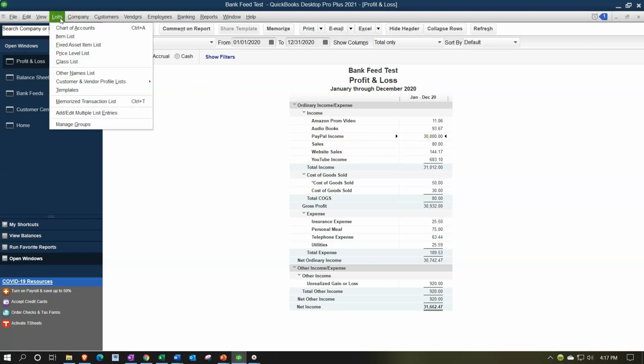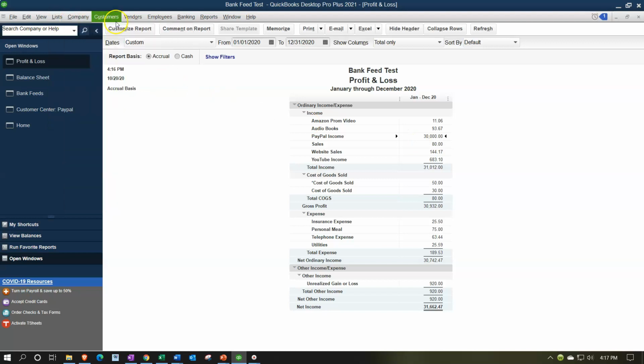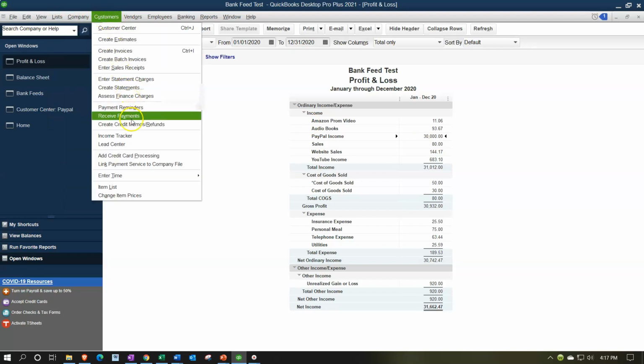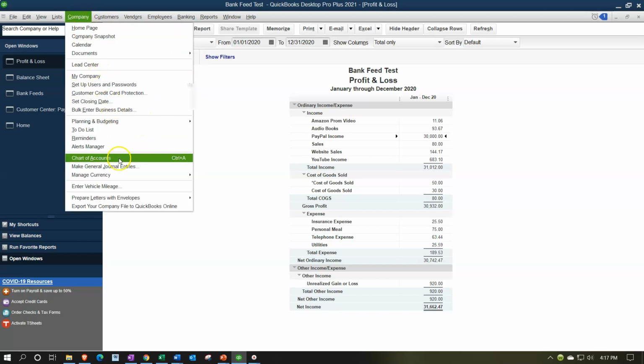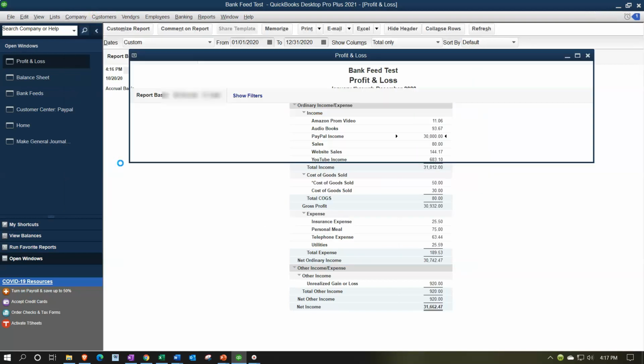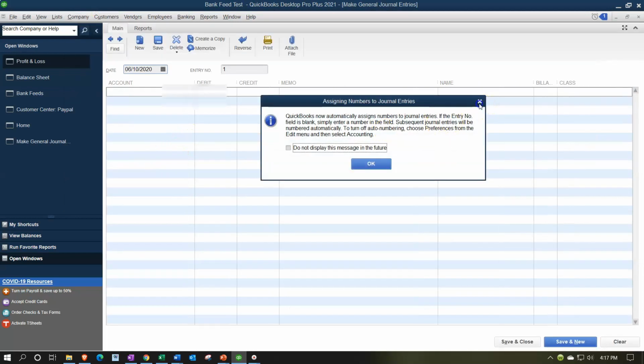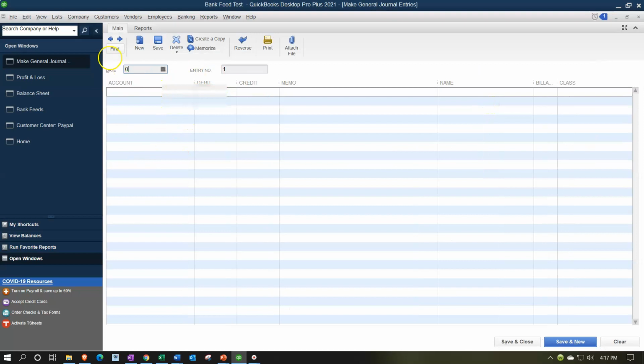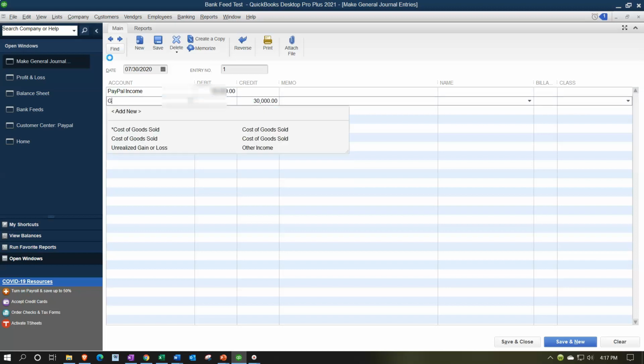I can then go to the company drop down, and then go to make journal entry. You do need to do debits and credits if you were to do it this way. So I'm going to say 073020, and I would say, okay, now the PayPal income needs to go down. So PayPal income is going to go down by that 30,000, and the other side is going to go to